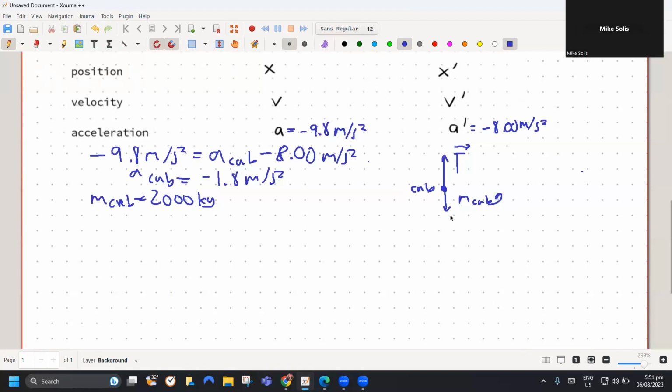So, yung cab, di ba? What does Newton's second law say about that? So, m cab times acceleration of cab is m cab times acceleration of cab. Yun na po yung force, yung net force. Pero net, yes. Okay, net force. m cab a cab is